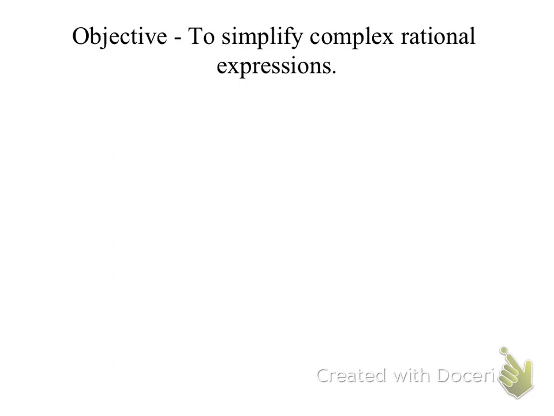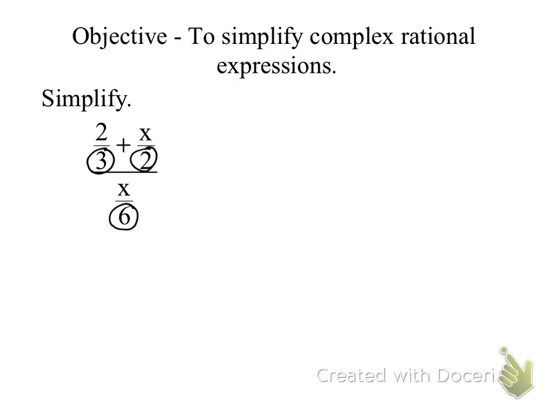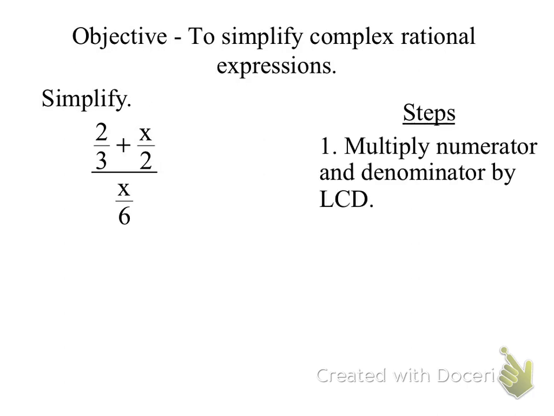This is section 10.10, simplifying complex rational expressions. Right away, it's a fraction within a fraction, kind of like a superfraction. What would be my least common denominator between all three denominators? 6. So we're going to multiply this by a fancy 1, and we're going to call it 6 over 6. Doesn't that really equal 1? You guys with me? So if I multiply by 6 over 6,